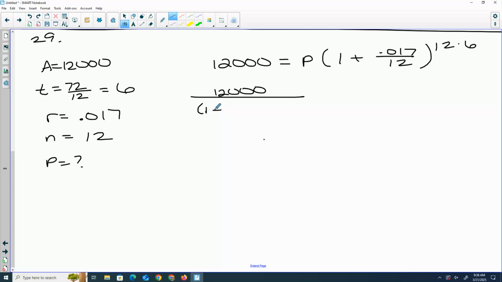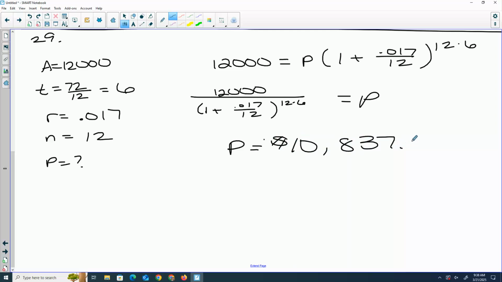If I want to get P by itself, we have to divide. So I'm just going to type it all in. You should get $10,837.136, so that would round up to